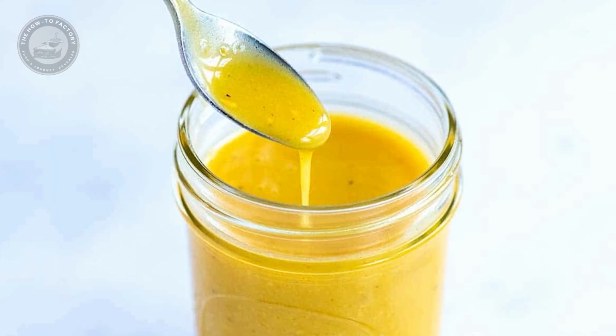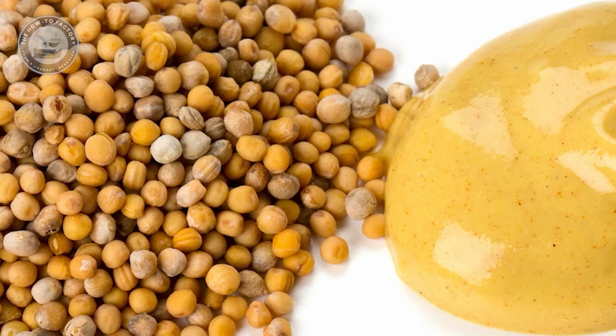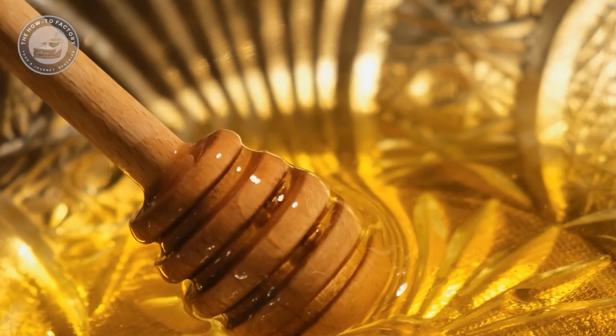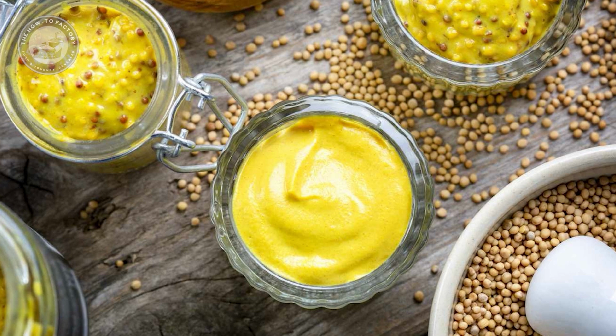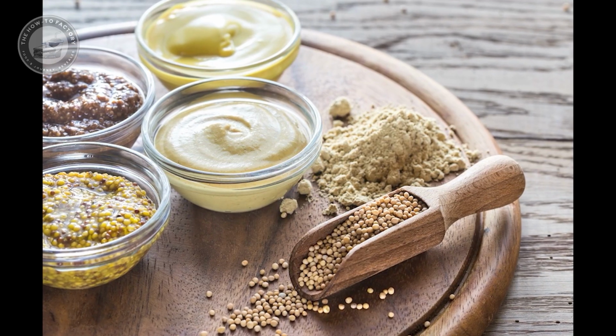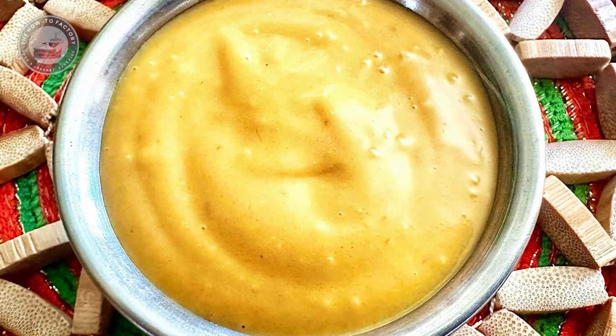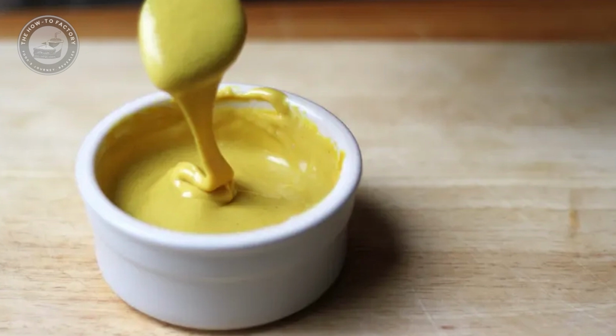Before we explore the production process, let's take a moment to appreciate honey mustard's roots. This beloved condiment combines two ancient ingredients: mustard, dating back to Roman times, and honey, a dietary staple for millennia. While traditional mustard can be sharp and spicy, adding honey creates a delightful balance, making it a hit across the globe. Today, honey mustard is enjoyed in countless ways, from a simple salad dressing to a key ingredient in gourmet